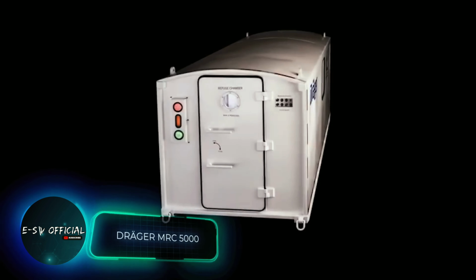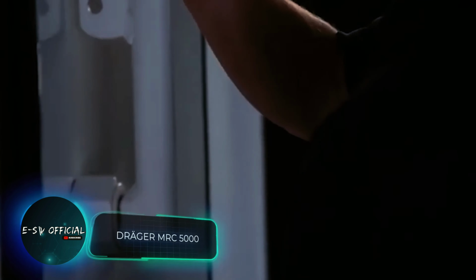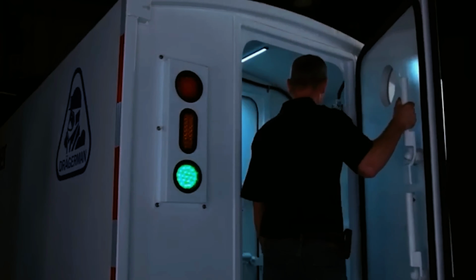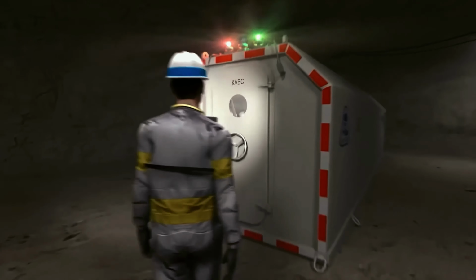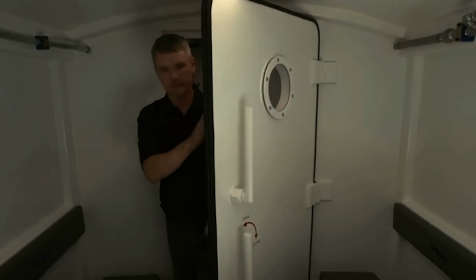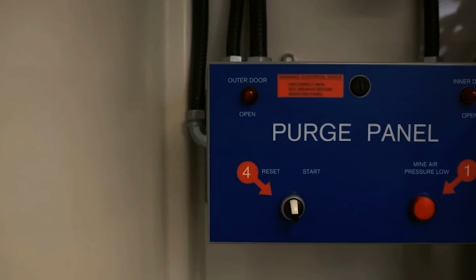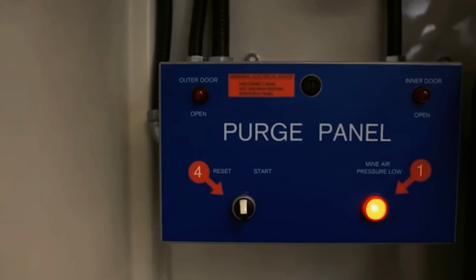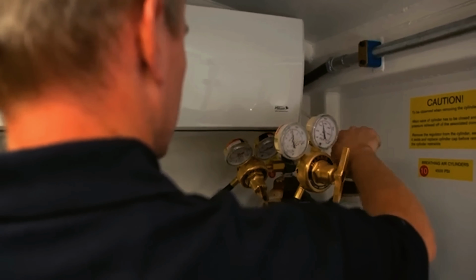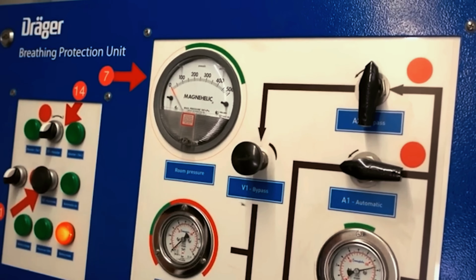The Dräger team's development resembles a hideout from Fallout. There they were bigger and were built to save from nuclear war. Dräger builds more compact ones, since their shelter will be in a mine if an emergency happens. The model Mercy 5000 in top performance will accommodate 20 people and will work fully offline for 96 hours. Oxygen will come from the cylinders, and carbon dioxide will be removed by the regenerative plant, which at the same time